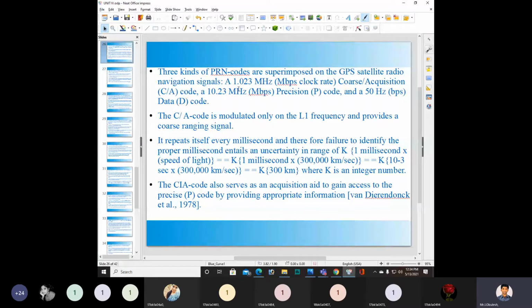But the precision code is modulated on both L1 and L2 frequencies.